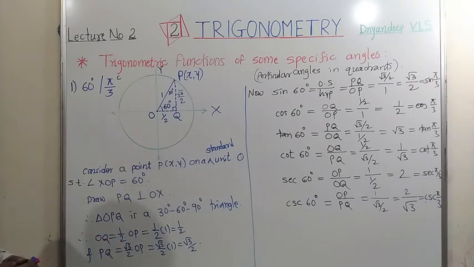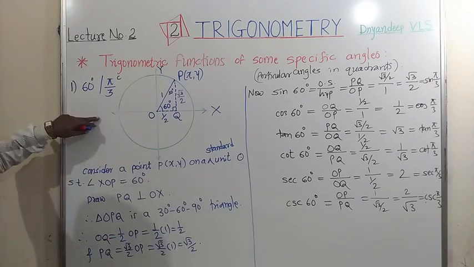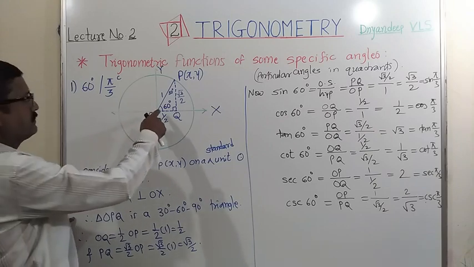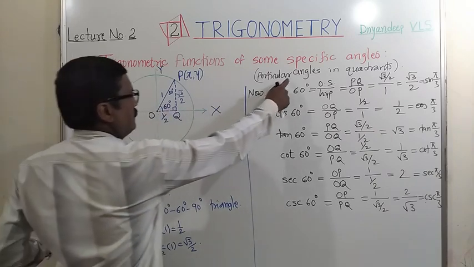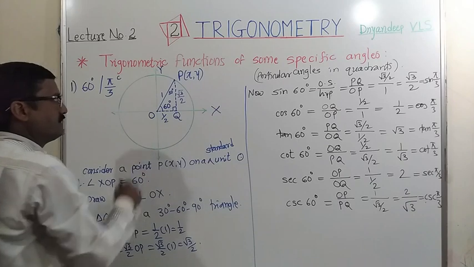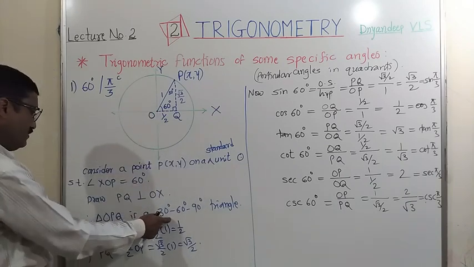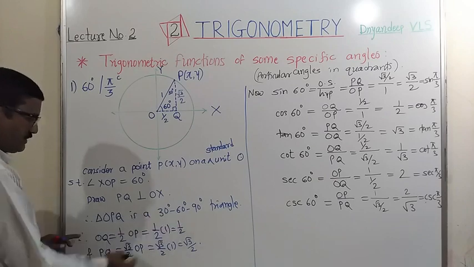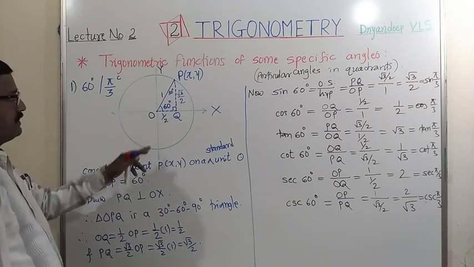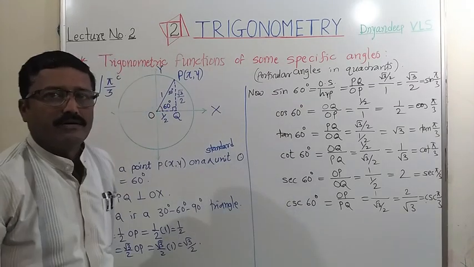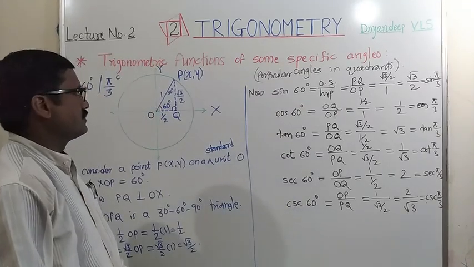Okay, it's very simple. Just draw the figure, get the information from the figure, then draw a perpendicular for a triangle, because we have taken a particular angle in the first quadrant having measure 60 degree. So we get a 30, 60, 90 degree triangle, and using the property of this triangle, find the remaining sides, and using all the sides you can easily write all trigonometric functions.